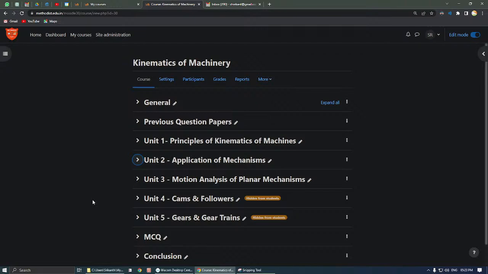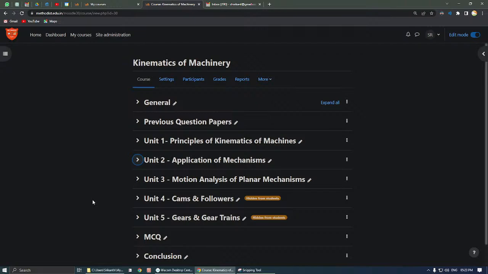So, okay, let's go ahead and see what we have around here. This is a course in kinematics of machinery, which you can see around here. I was planning to completely develop it and make it accessible to students. But as I told you, I've decided to change the company. I left the college, and let's see what we can do to complete it and get some tips about making the course template